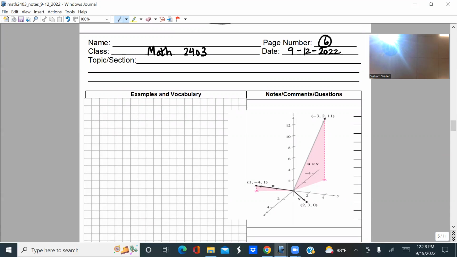Actually better than this one, because the first vector goes into which quadrant is this? I'm going to get mixed up on quadrants, right? Is that the fourth quadrant? Yeah, the first vector actually goes slightly into the fourth quadrant, and it's a little bit elevated, right? But not much. The second vector actually lies in the xy plane, right? Because its third coefficient is 0. So the second vector is actually flat there in the xy plane. And then here is your cross product, right? That's supposed to be perpendicular to both of these